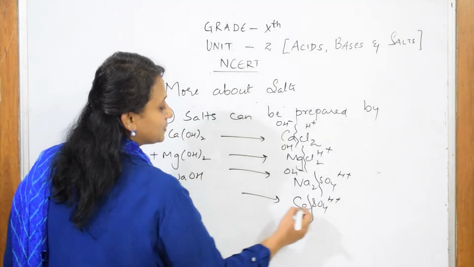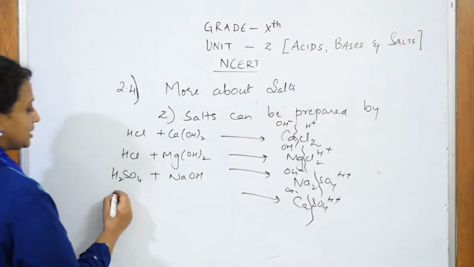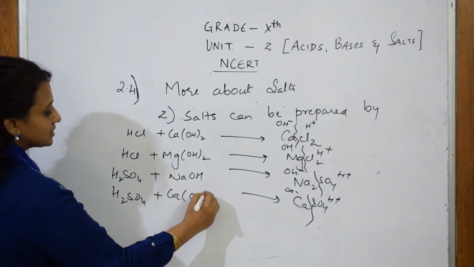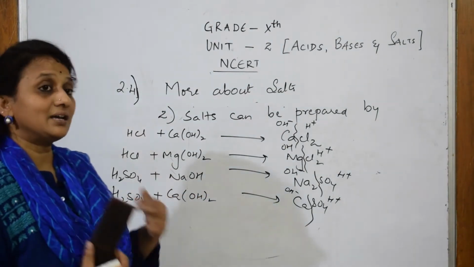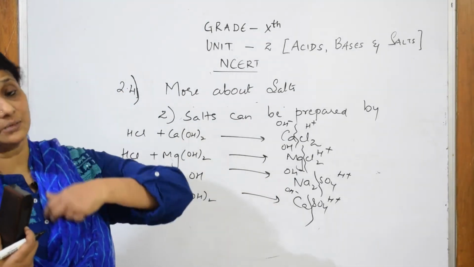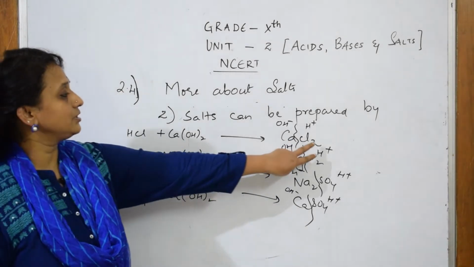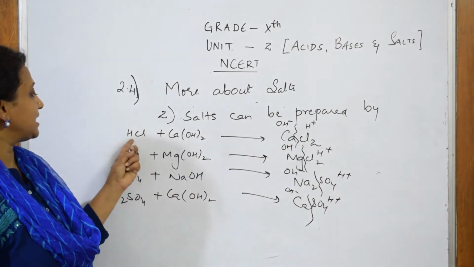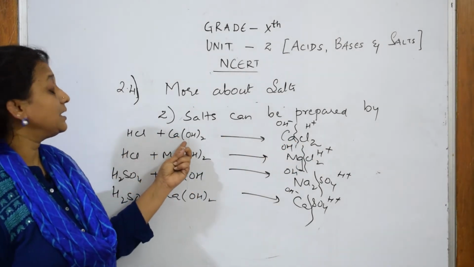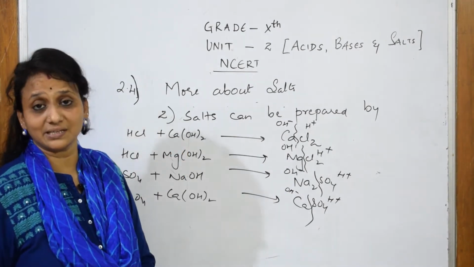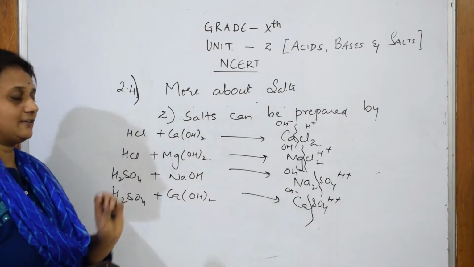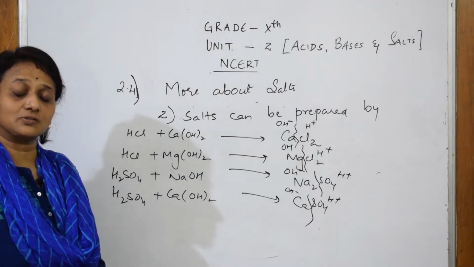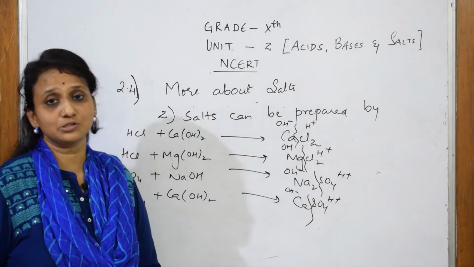You're going to add H plus, you're going to add OH minus, you're going to get H2SO4 plus calcium hydroxide. Simple, isn't it? So when somebody asks you what are the parent atoms of the salts, simple, you need to add like this and say calcium chloride, the parent atom is HCl as an acid and calcium hydroxide as a base. Simple, right? Now I have understood the definition of salts, then I have understood from where I can prepare salts, then I have taken certain examples of the salts.